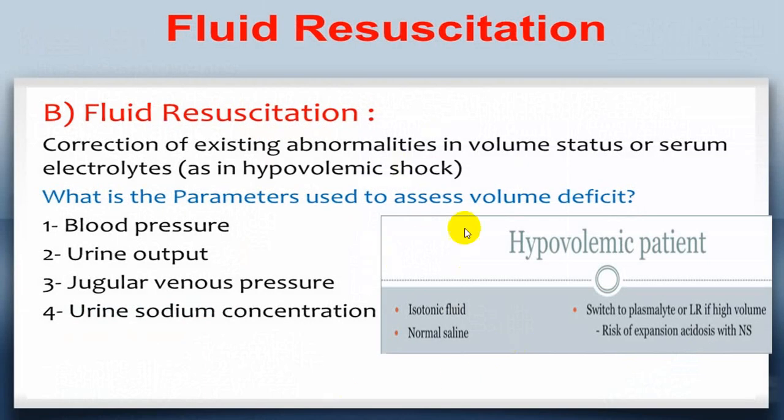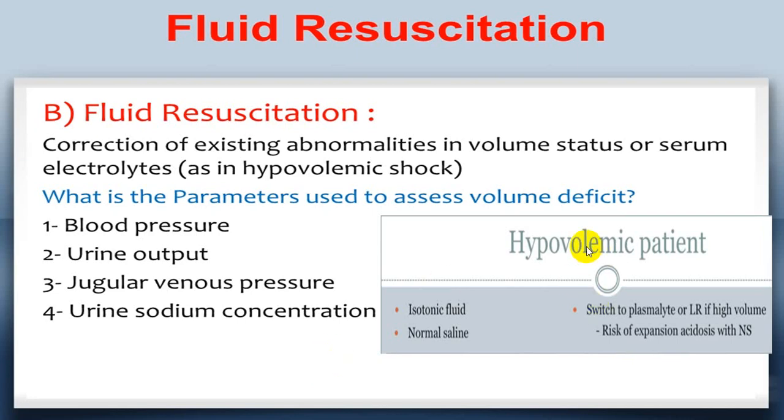So in fluid resuscitation, you will have to decide and maintain the blood pressure. Urine output should improve. Look at the jugular venous pressure and also look at the urinary sodium concentration while correcting by the resuscitation method, because it is a rapid correction. A wrong selection of a fluid can produce complications. So you will have to decide whether it is hypovolemic, hypervolemic, or normovolemic, or whether the person has hyponatremia, hypernatremia, why he has developed a sodium imbalance, why he has developed an acid base imbalance. All those should be well established, and then you select the fluid.